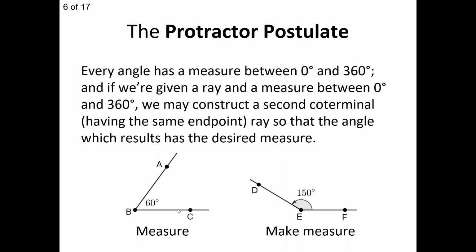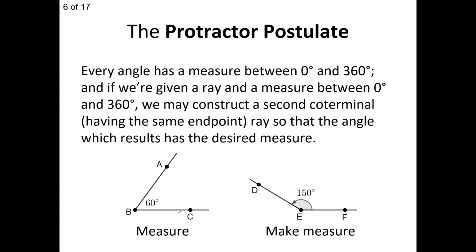But remember, like with the ruler postulate, it had two clauses. The protractor postulate also has two clauses. It can measure and it can make measure. So down below, let's say I had angle ABC. I can measure out angle B there, or angle ABC, and I find it measures 60 degrees. Okay, so it has a 60-degree angle. But I can also make measure, which means, let's say I start off with a ray EF, right? I start with a ray EF, and I say I want to make a measure of 150 degrees. So I can actually think about finding that rotation of 150 degrees and then creating a ray ED such that coterminal, which means having the same endpoint,